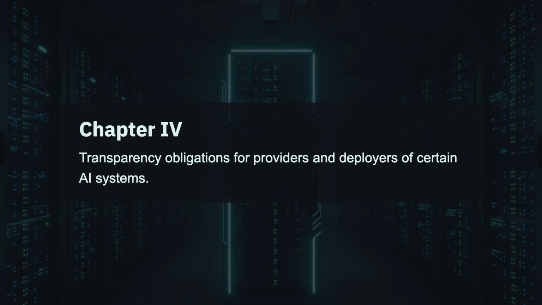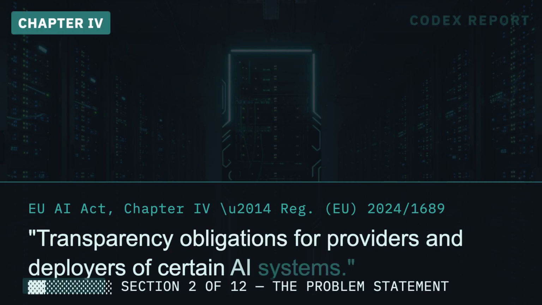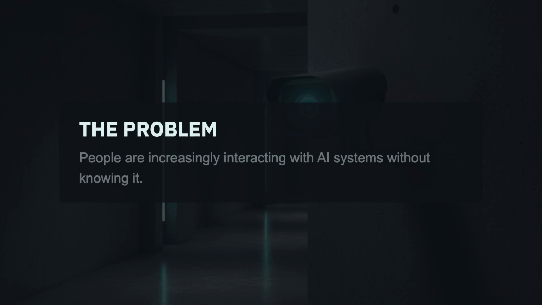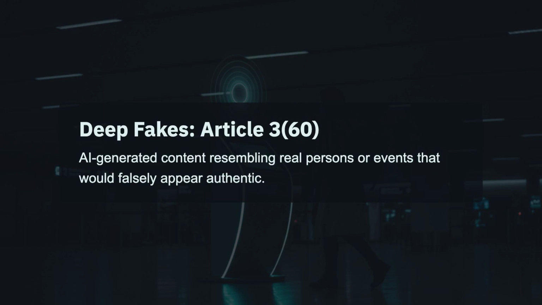It lives in Chapter 4 of the regulation, titled, and I will quote the heading exactly, Transparency Obligations for Providers and Deployers of Certain AI Systems. The problem Article 50 addresses is not esoteric. It is this: people are increasingly interacting with AI systems without knowing it. They are consuming content that was generated or substantially manipulated by AI without being told. Their biometric data is being processed by emotion recognition and categorisation systems without awareness. And an entirely new category of synthetic media, what the regulation terms deep fakes, is proliferating without any consistent disclosure